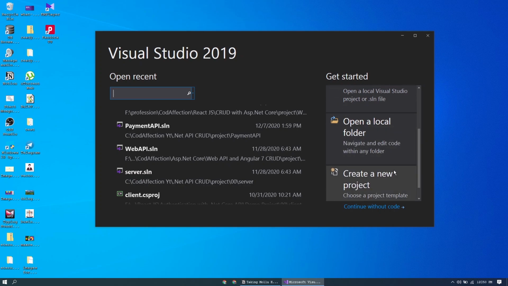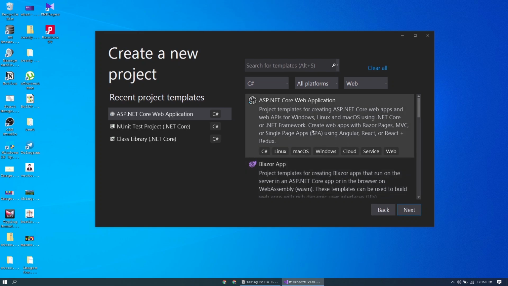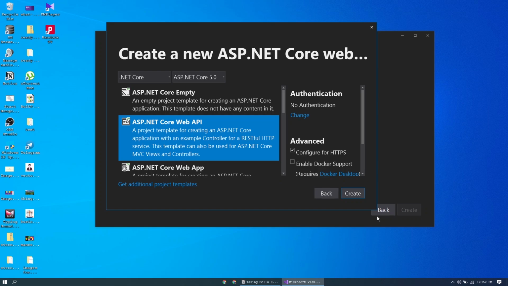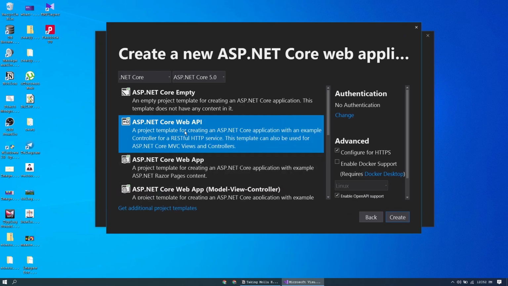First of all, we have to create a project and then select ASP.NET Core Web Application. Click on Next. In order to implement the topic of discussion, which is the implementation of master detail CRUD operations, we are going to create a restaurant app. So I will name this project as Restaurant API. Then select the location where you want to save this project. Click on Create. From this new window here, select ASP.NET Core Web API and make sure from these top two drop downs